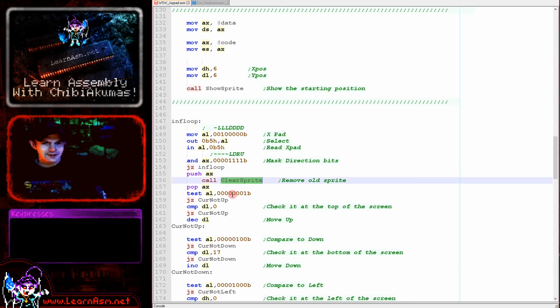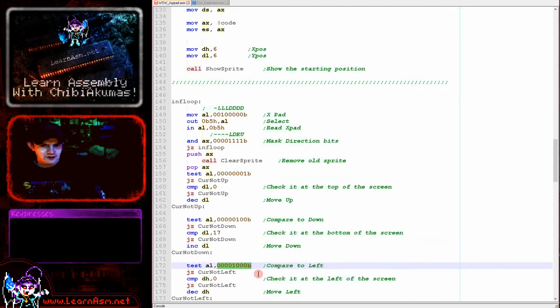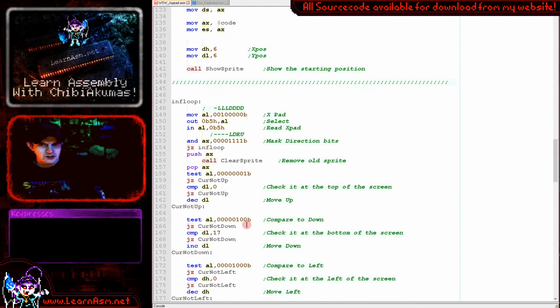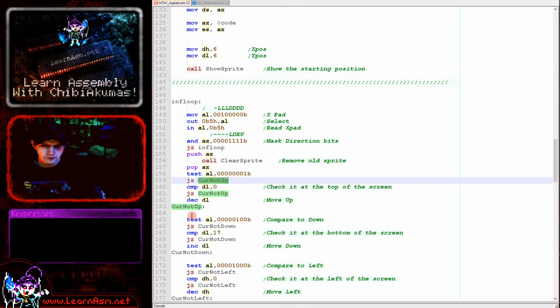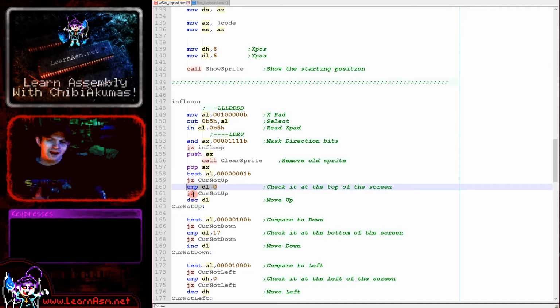And then what we're doing next is we're testing each of the directions one at a time. So this is the up direction, this is the down direction, this is the left direction, and this is the right direction. And what we're doing is we're seeing if that key has been pressed, and if it's not, then we're skipping over the rest of the code for that direction. In this case, if we get to here, then up has been pressed. And what we need to do next is check if the position of the smiley is already at the limit